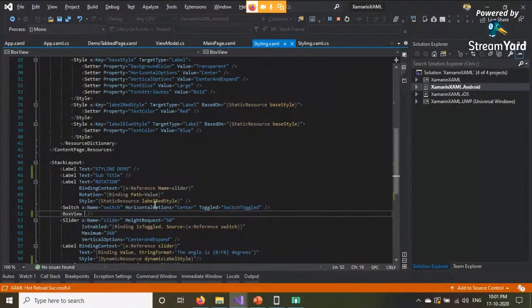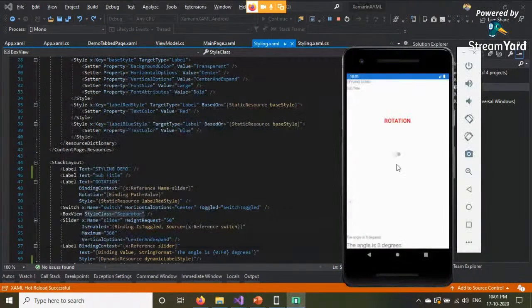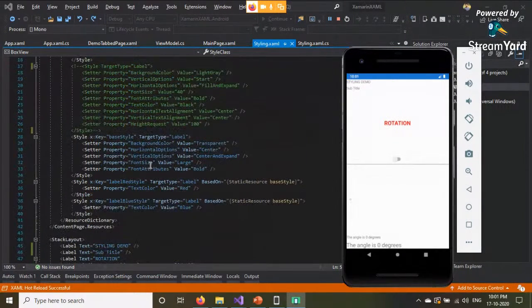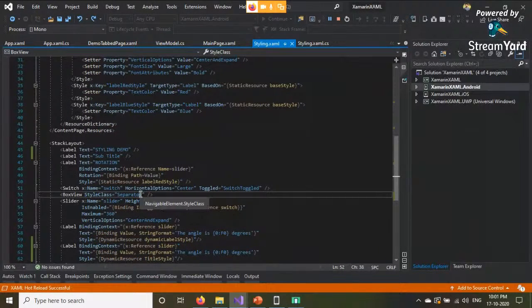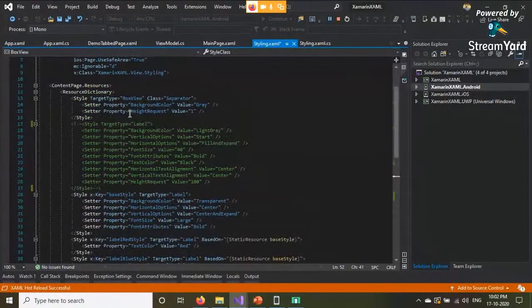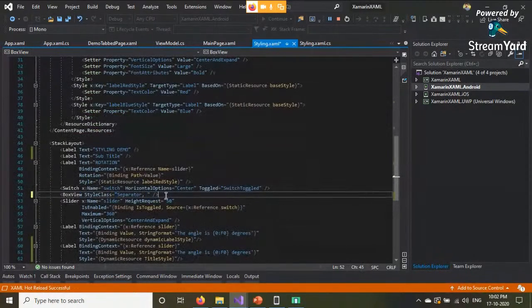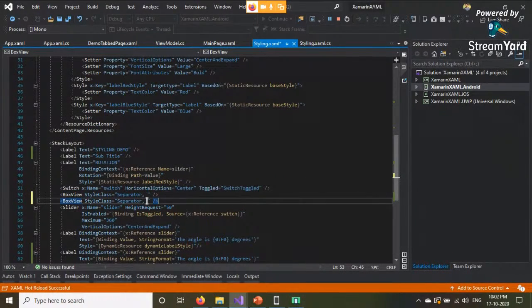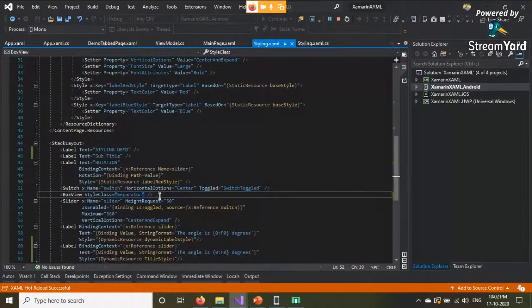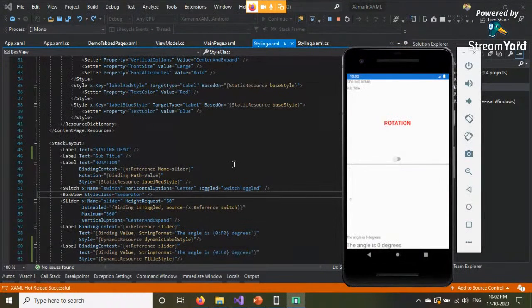Look at that, the line is gone here. If I mention it here, let's see that there is a line coming here. So this is what the separator is all about. You can even apply multiple separators here. You can add a comma, and if you have more style classes here, you can do that as well. If you have multiple box views, and multiple styles, then you can apply different styles here as well. So that's the flexibility this XAML gives you. So yeah, that's all about the styling in